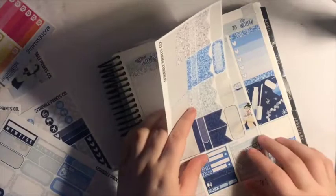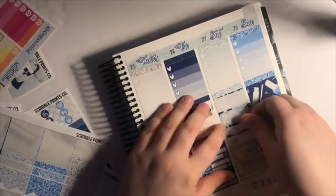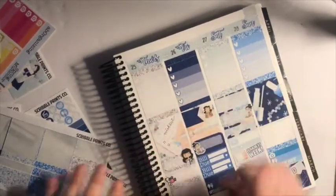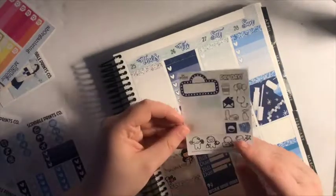And then I was going to put in a flag, but I don't think it will fit. So we're just going to have to put in a glitter appointment label to mark actually going to get groceries. So to mark that, I was going to use the freebie. Yes, from the...